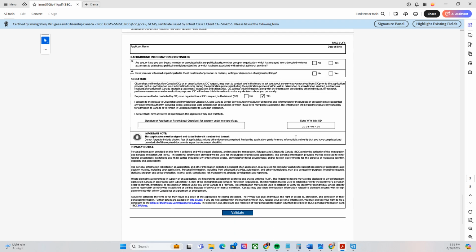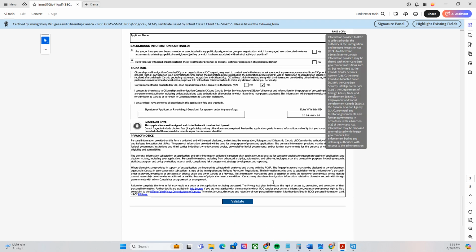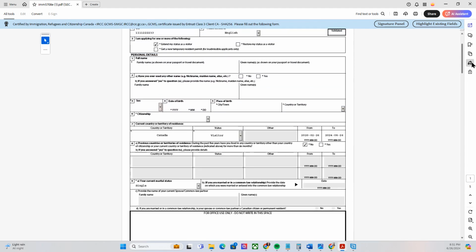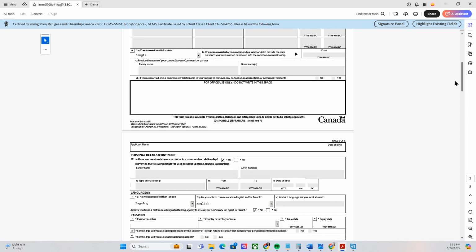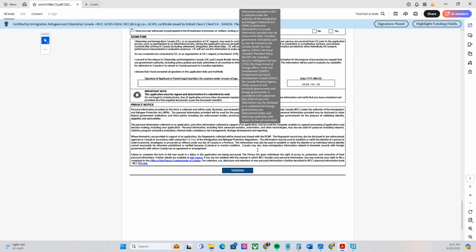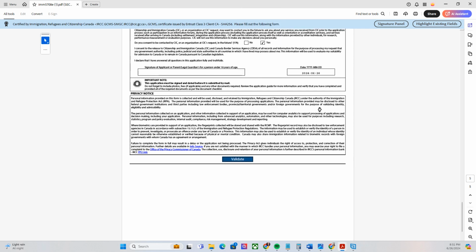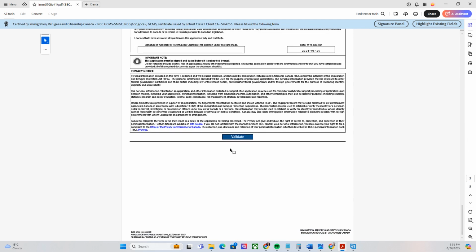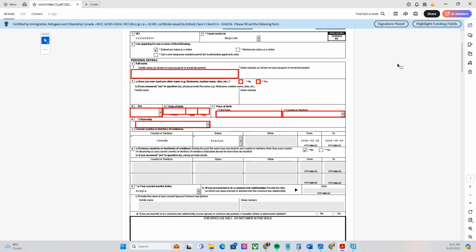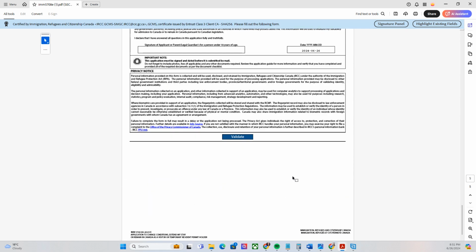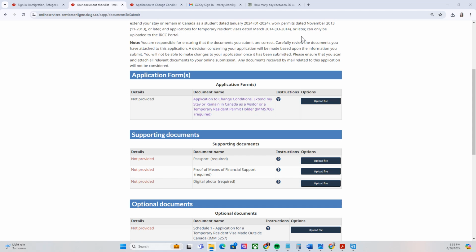And once you are able to complete all this information, make sure to double check all the information that you put here in IMM 5708. Once you are done double checking and you think it's ready to go, just click validate. I haven't filled out the form itself. So once you have validated the information, click save, and automatically at the bottom part of this form there will be a code showing. So once you're able to save the IMM